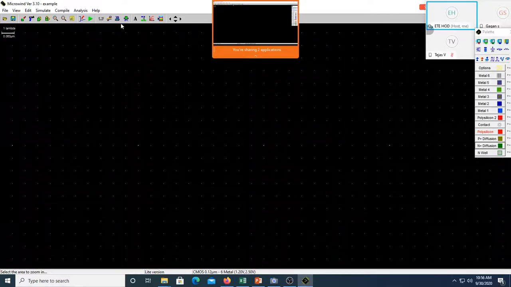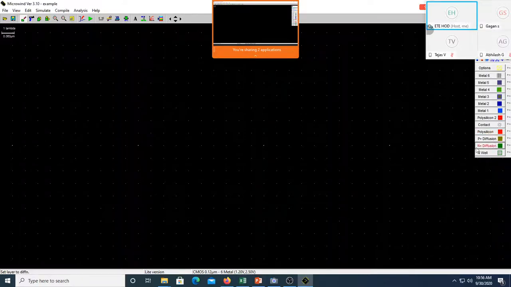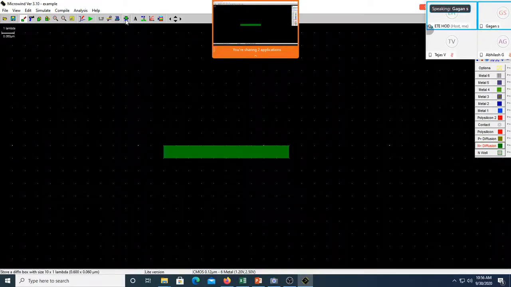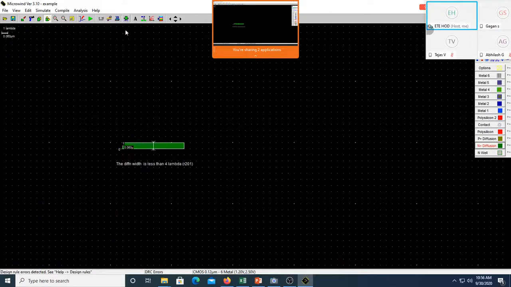Getting the point? If I write a diffusion of hardly 1 lambda, there is something called DRC, design rule check. If I put this, it will say that the diffusion width is less than 4 lambda, it's an error.